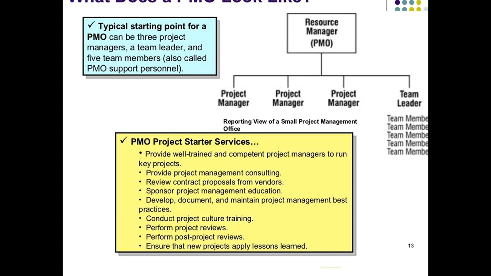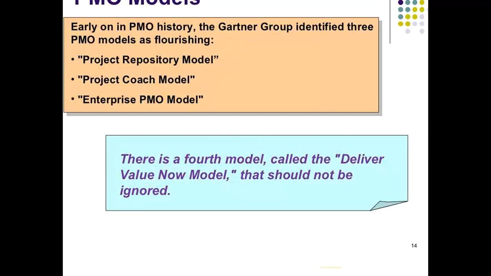The PMO can have 3 project managers, the team leaders, and 5 team members, also called PMO support personnel. So project managers, resource managers, PMO, then project managers, team leaders. These are different project managers for different areas. So provide project manager to consultant, review contract proposals from the vendor, sponsor project. So these are the points we need to look around as a project